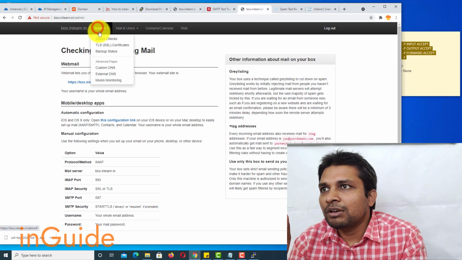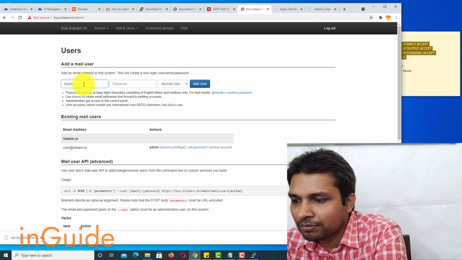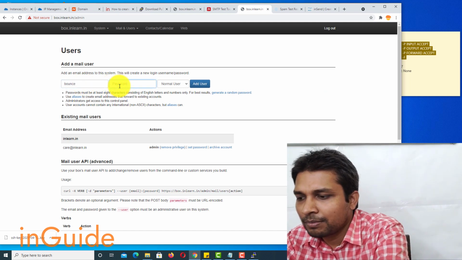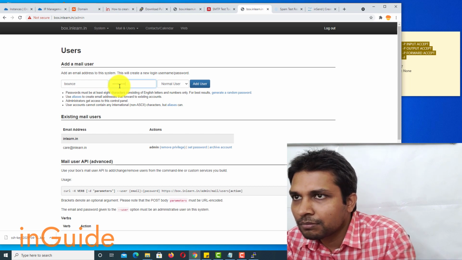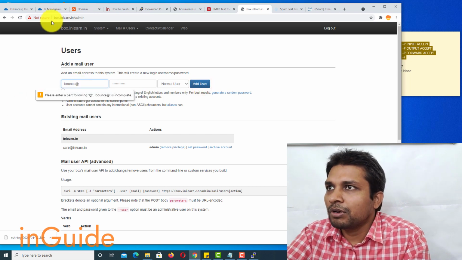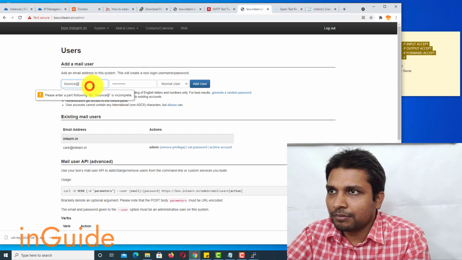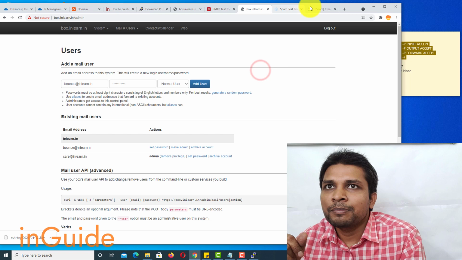So for that I'll go to users, and then here I'll create bounce. Alright, after that give some password and then add user. Okay, you have to put this as well. After that, add user. Now the user has been added.